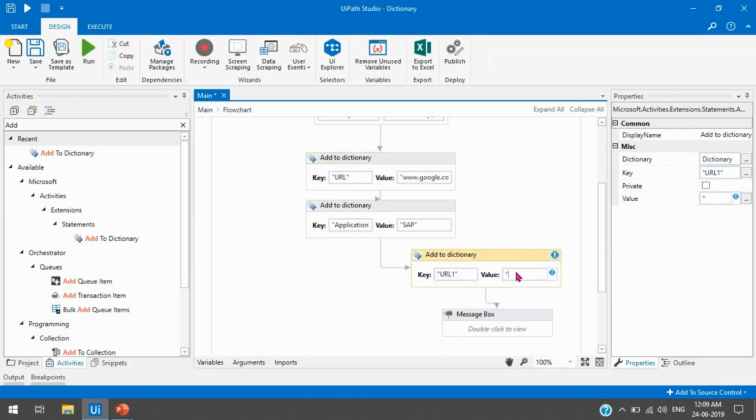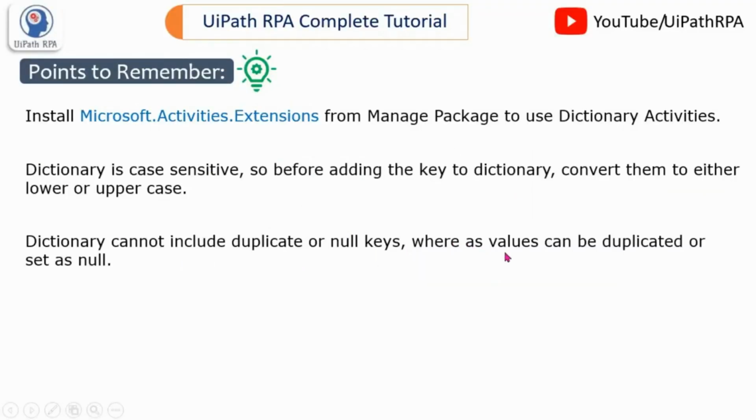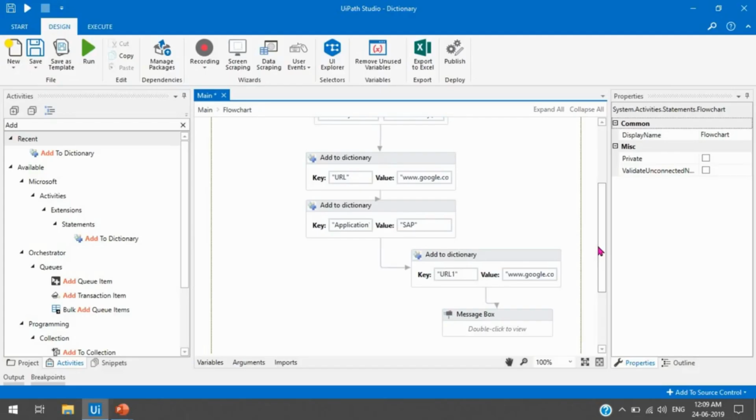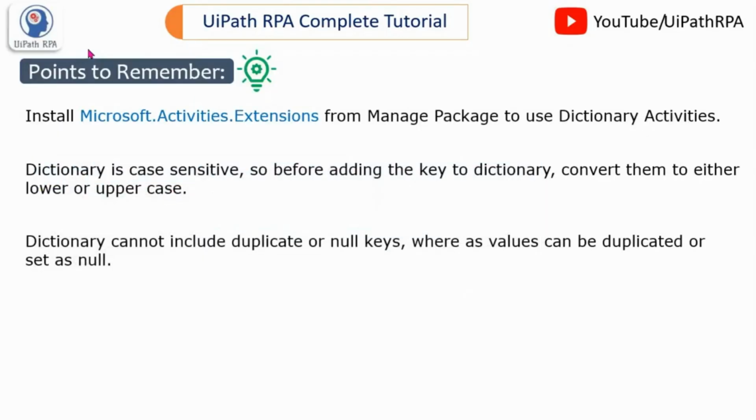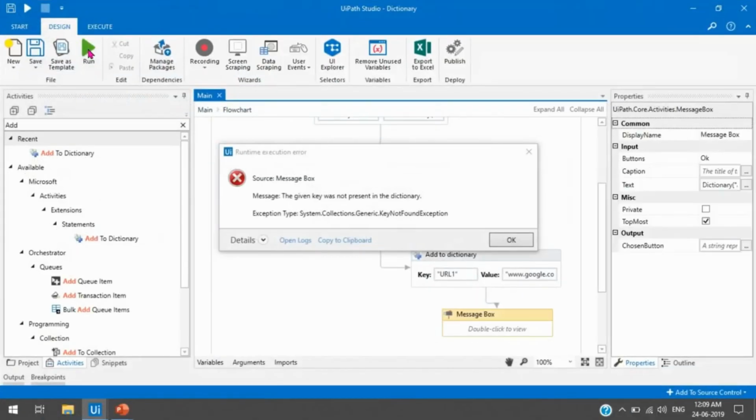So as I told you in the points to remember, a value can be duplicated or set as null, so we can pass a null value here also, or we can pass the same thing as that. So let me run this. Here it is showing the given key was not present in the dictionary.